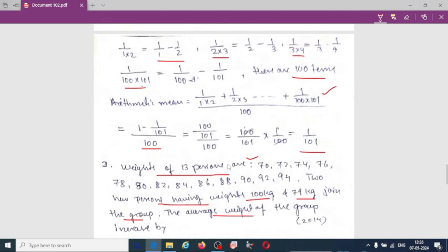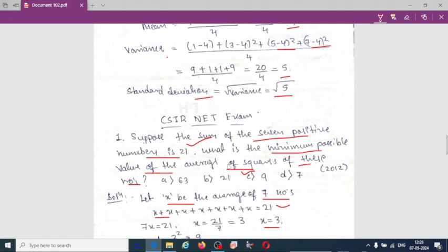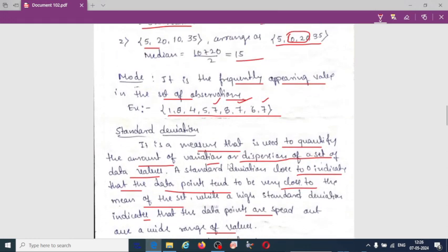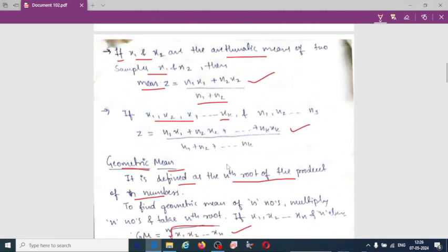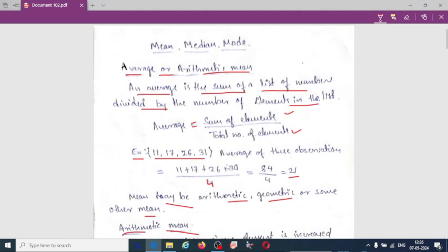So these are some of the previous year questions from the CSIR-UGC NET. So I hope this information is helpful. In the next video we can solve further about the